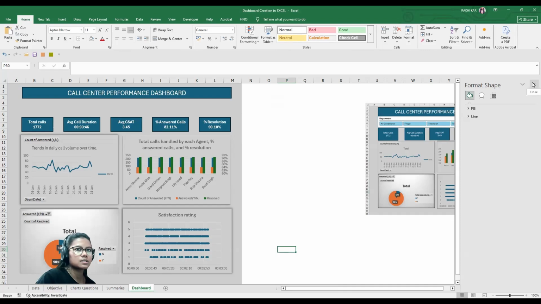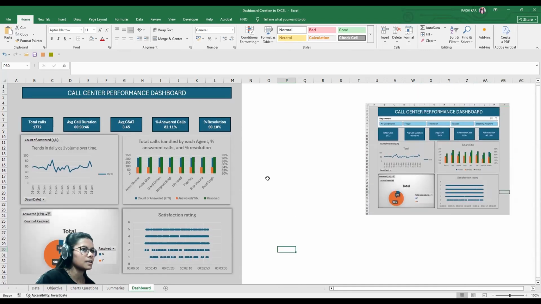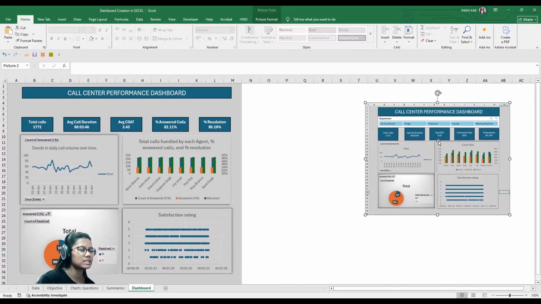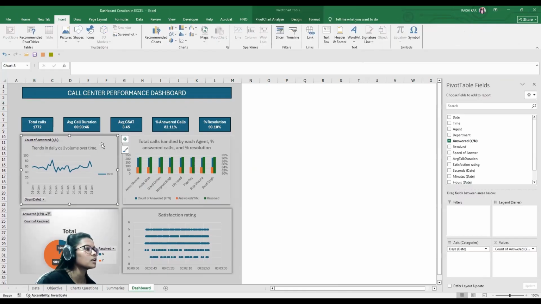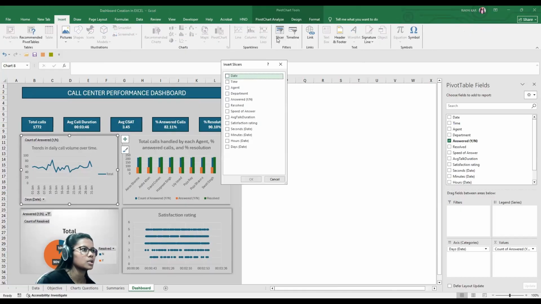Now everything is done, right? Now we need a slicer to make an automation for the other people who just want to see a particular department or two to three departments. So for that, what we have to do, we have to click on any graph. Okay. First, you have to click on any graph, then go to insert, and then there is a slicer option. So once you click on slicer, then there is a